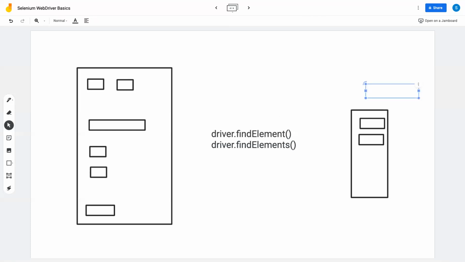Now Java says in a list you can store duplicate things. What does it mean? This button and this button both have the same ID, right? So that's why the Selenium folks have implemented this in a way that it will return a list, because a list by default allows you to store duplicate things. That is the reason when you use this method, even if there are 10 different buttons with the same ID, or altogether duplicate buttons, the list will allow them to be stored. The container will allow storing all of those buttons in it.